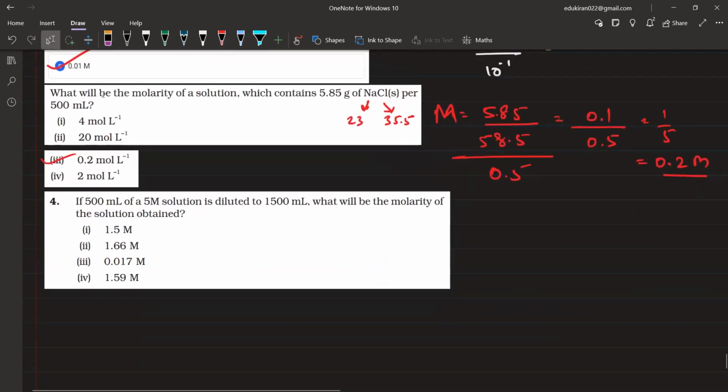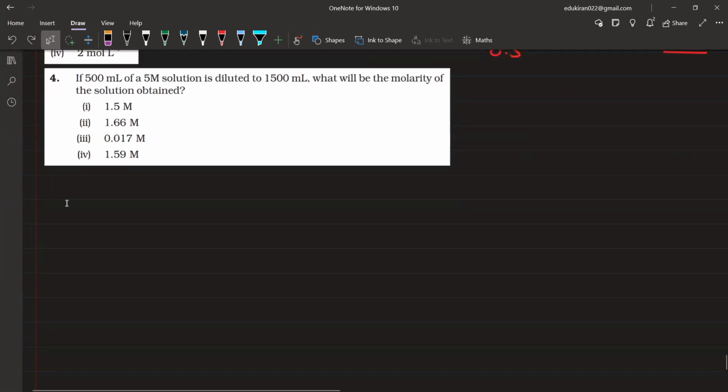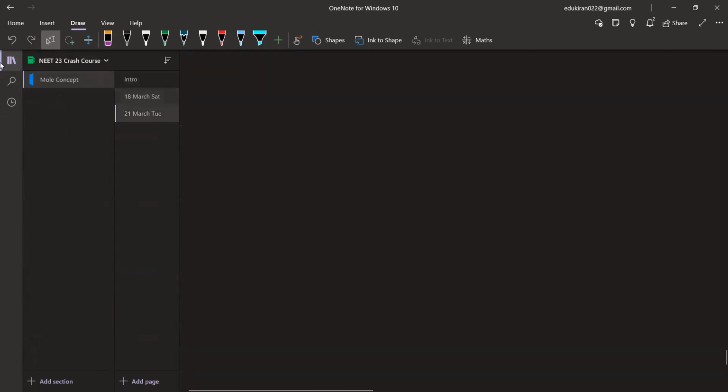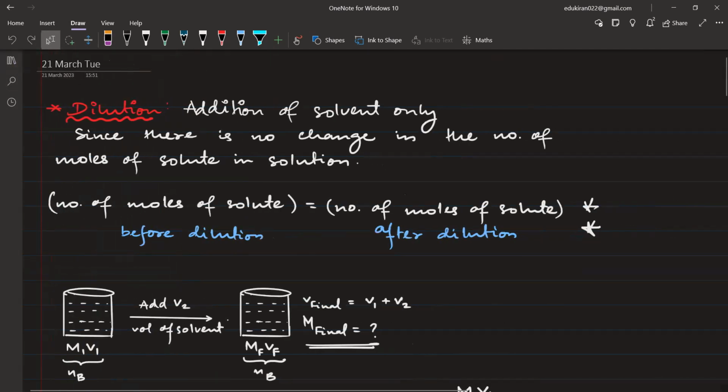Okay. So next, moving on. If 500 ml of a 5 molar solution is diluted to 1500 ml, what will be the molarity of the solution obtained? ठीक है, ध्यान से देखिए यहाँ पे। अच्छा, काम कीजिए, सवाल को हम ले लेते हैं और we already have dilution जो हमको पढ़ना है, सारी dilution पढ़ लेते हैं, उसके बाद सवाल को लेते हैं, ठीक है।